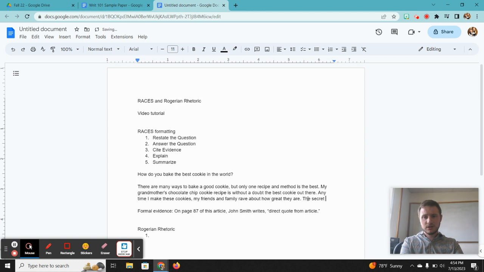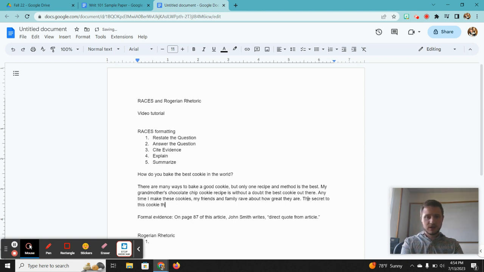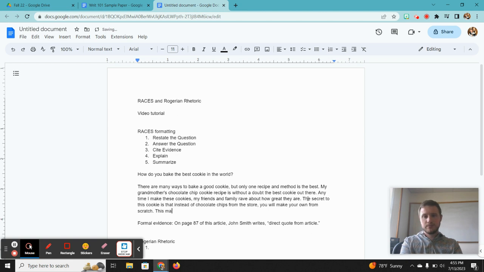The secret to this cookie is that instead of chocolate chips from the store, you will make your own from scratch. This may take extra time, but the result is